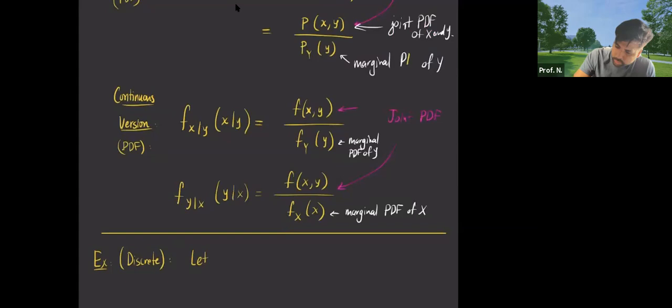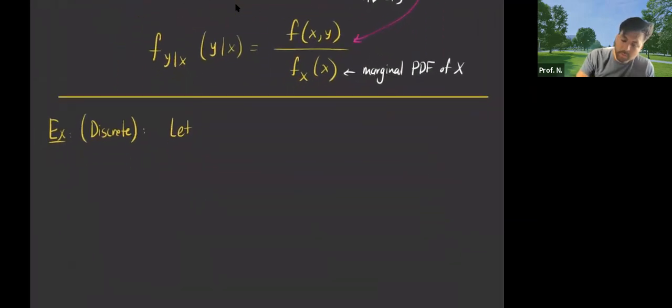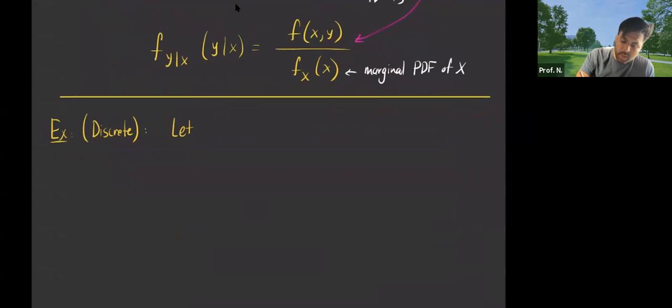PMF is only for discrete, PDF is for continuous. So let X and Y be discrete random variables